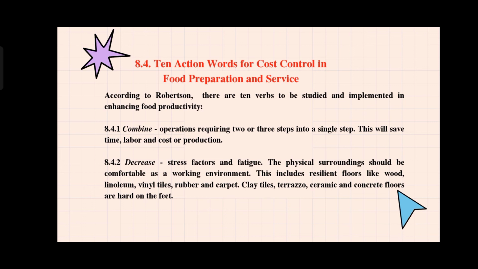The physical surroundings should be comfortable as a working environment. So importante limpyo o presentable sa ato ang workplace, no? Presentable ta magtrabaho. So this includes resilient floors like wood, linoleum, vinyl tiles, rubber, and carpet.